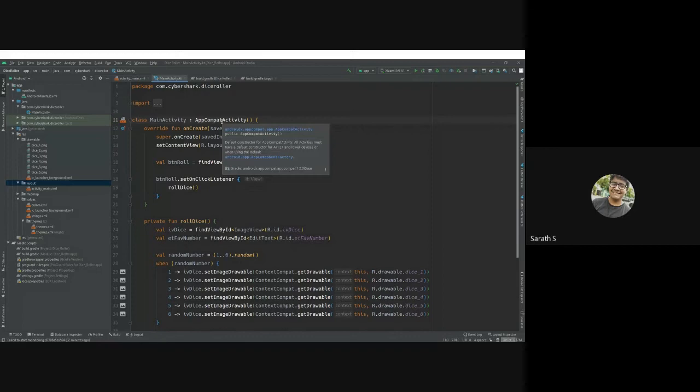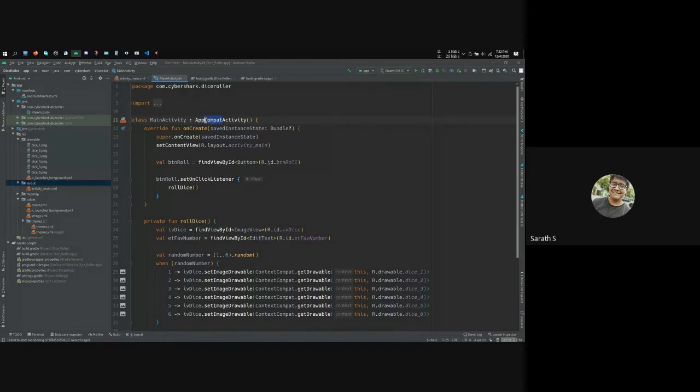There are two activity classes. You usually use AppCompatActivity. As I said before, compat is basically the Android keyword used to show that it is compatible with all Android versions. So you usually use AppCompatActivity. So when you inherit this, the class automatically becomes an activity.